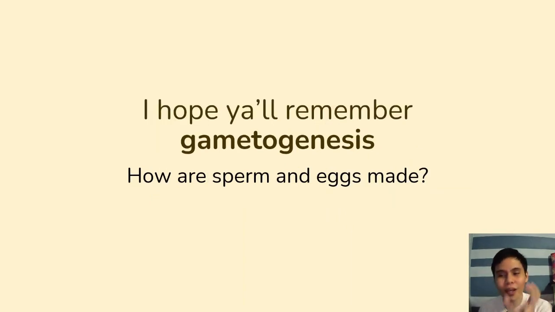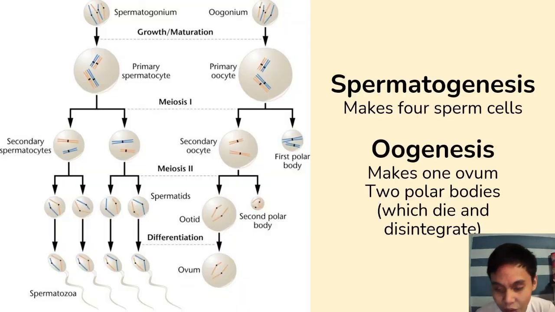So another concept in the reproductive system is gametogenesis, or the formation of sex cells. And we should have discussed this last year. So just a review of your gametogenesis, how your sperm and your eggs are made. Spermatogenesis is when your spermatogonium turns into a spermatocyte on the left side here. So spermatogonium turns into spermatocyte, undergoes meiosis 1 to become secondary spermatocytes, then meiosis 2 to become the spermatids, which